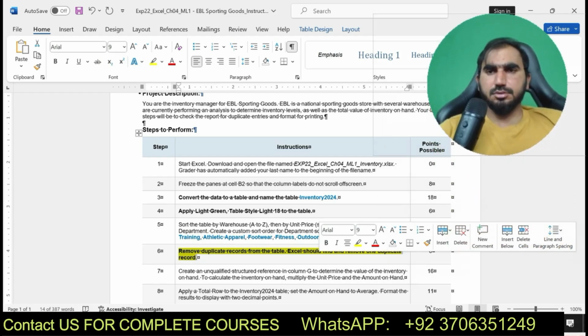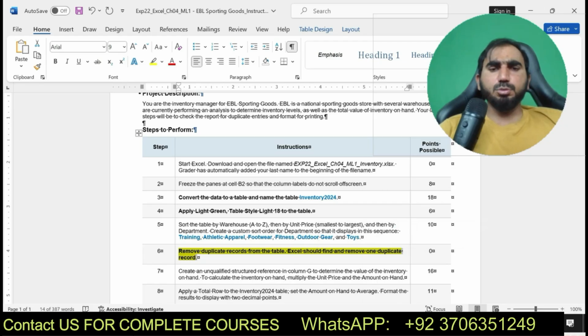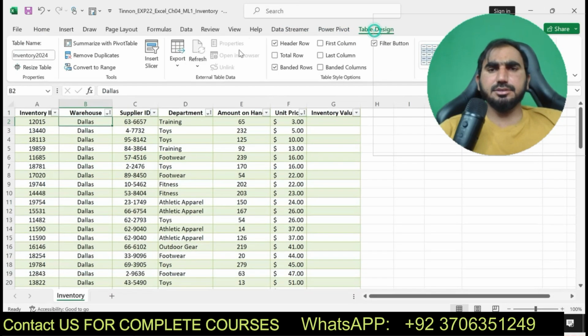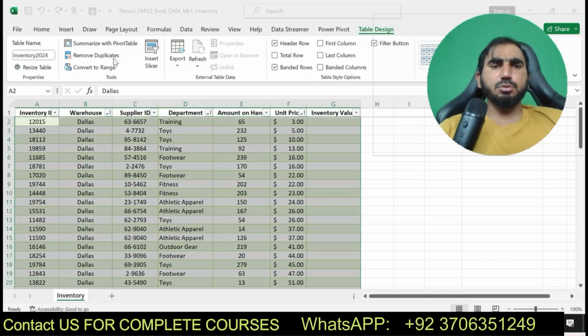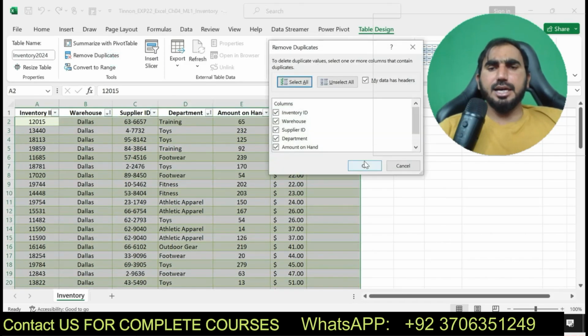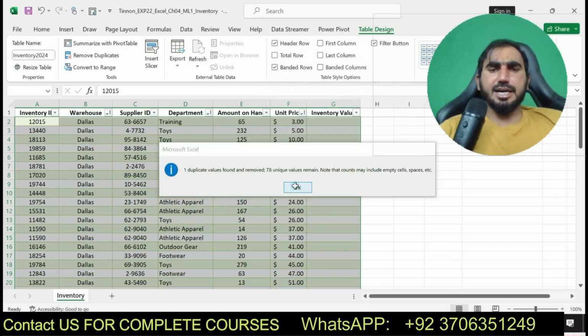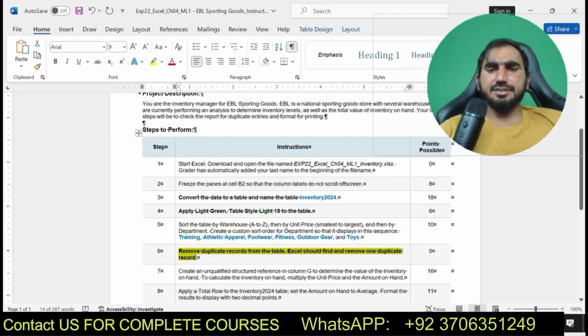In Table Design, here is Remove Duplicates. Now I am going to modify the duplicate records removal. Just click OK, and I have removed 78 duplicate records and found 78 unique records. I have done step number 6. Now I am going to move to my next step.